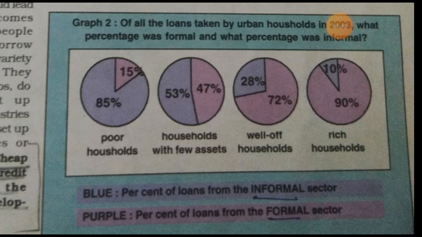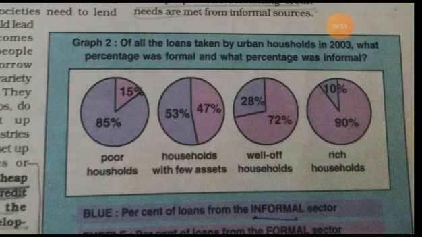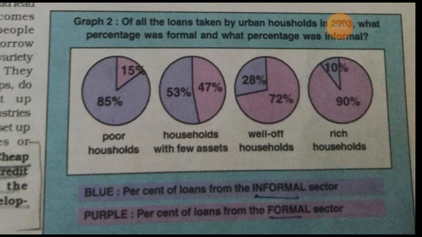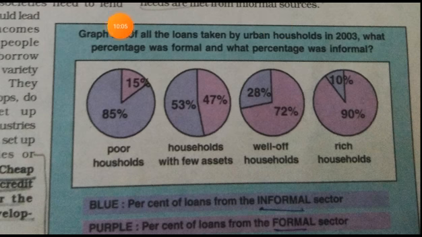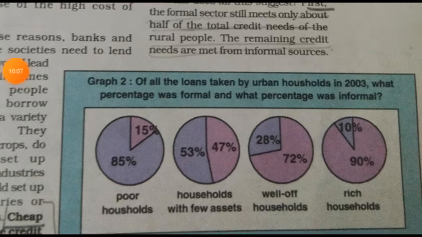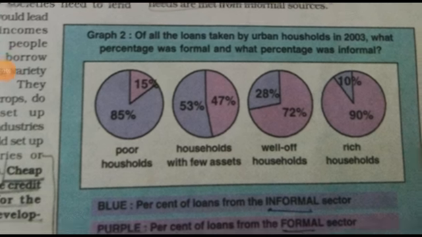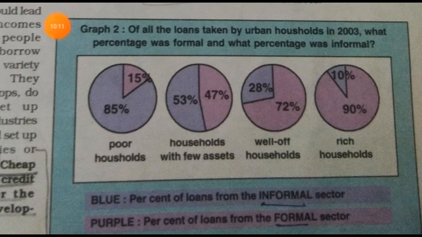So poor households get 85% of their loan from the informal sector, because it is not possible for them to keep security or collateral in the bank. That is why they approach the informal sector, and only 15% go for credit to the